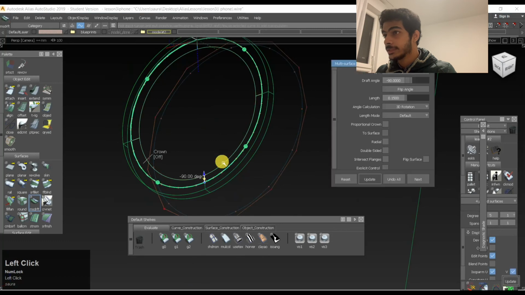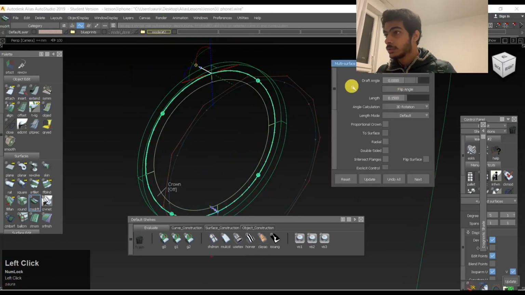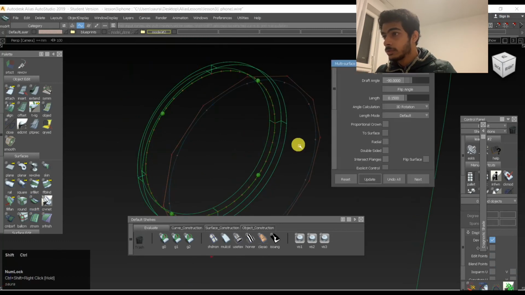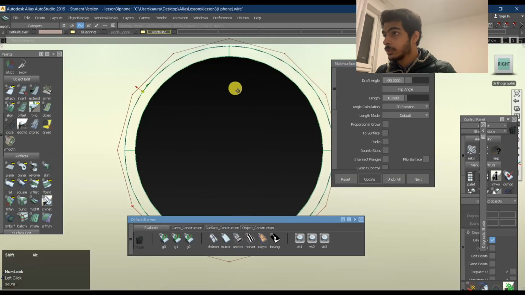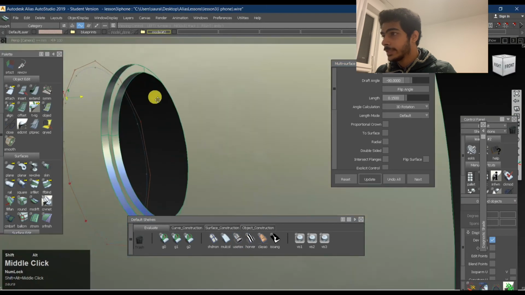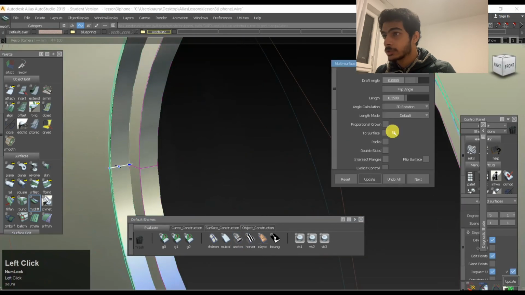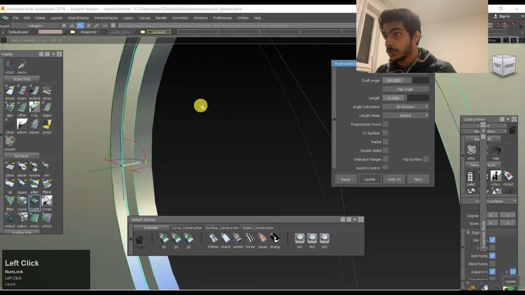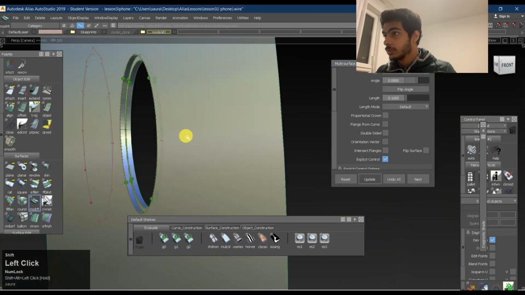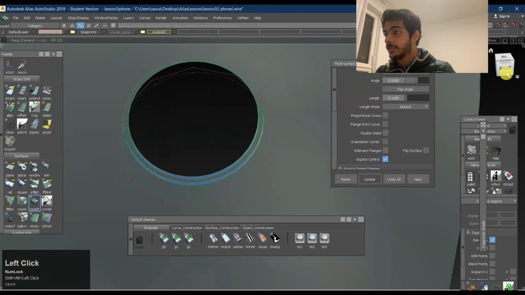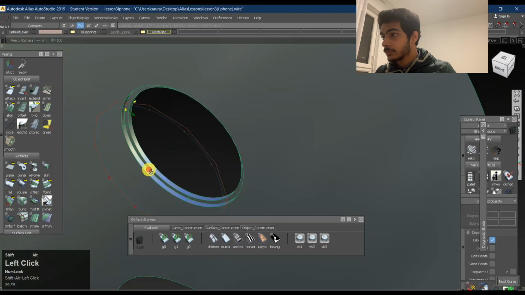Obviously we want it in this direction, so we'll make it 0 again and use the same technique of making a surface inside. But this surface is going to be, I think these things are going to be a bit smaller. It's not going to be 0. It's going to be 0.1 maybe. This thing is going to be 0.1 as well, because this is a smaller one, right? So I think we'll keep it a bit smaller. Yeah, something like this. And we'll also maybe make a surface just in case.